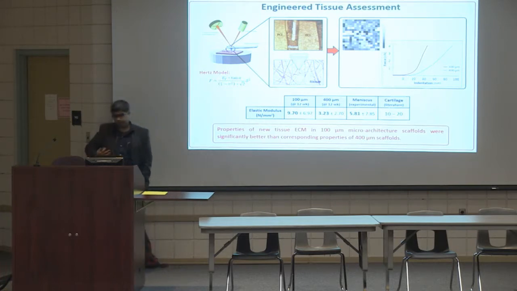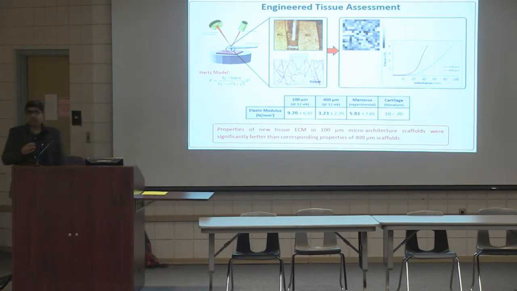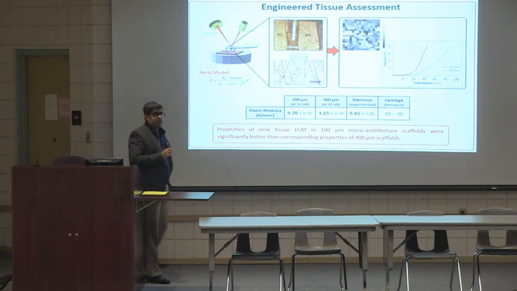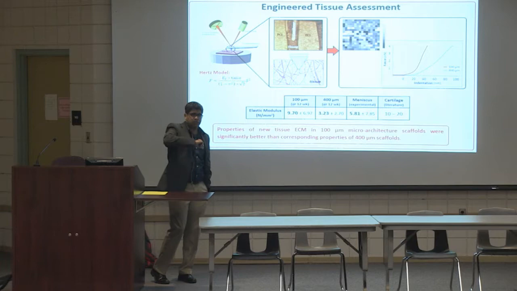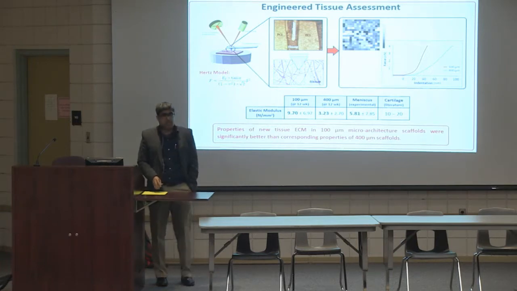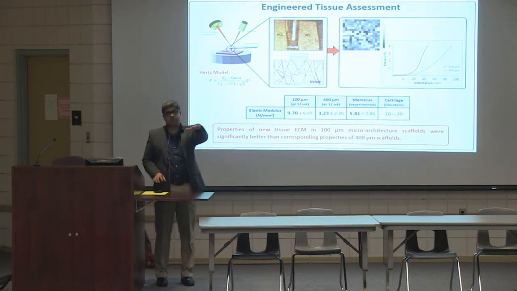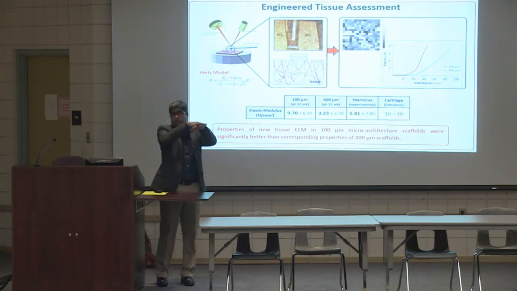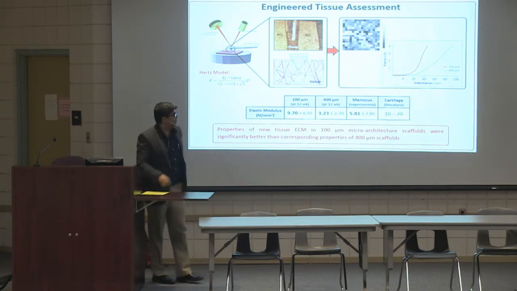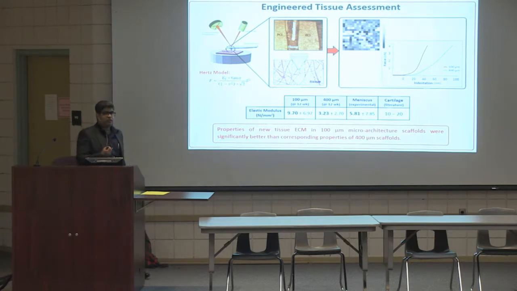So the idea being, we now have the proof that the scaffolds can do this contact guidance, and now we can start designing very specific tissues for very specific organs based on their mechanical properties and their alignment. So in some tissues, that alignment that I talked about goes in a single direction throughout its 3D structures. In some tissues, it goes in one direction for a part of the thickness and then another direction for a part of the thickness. So now we are getting more into very, very specific, menisci-specific structures and mechanics and such